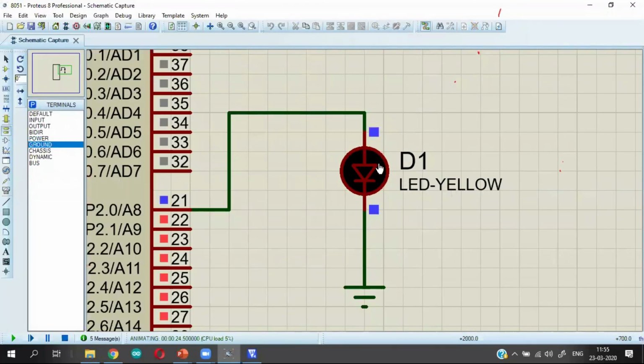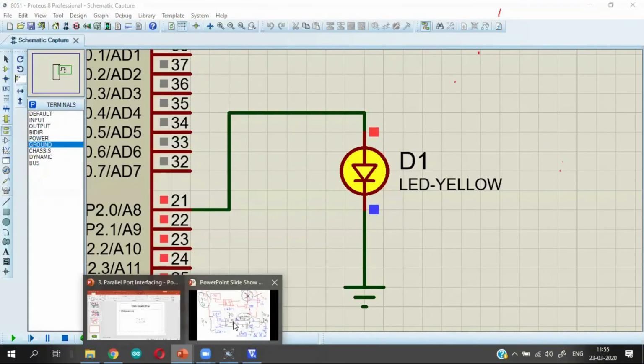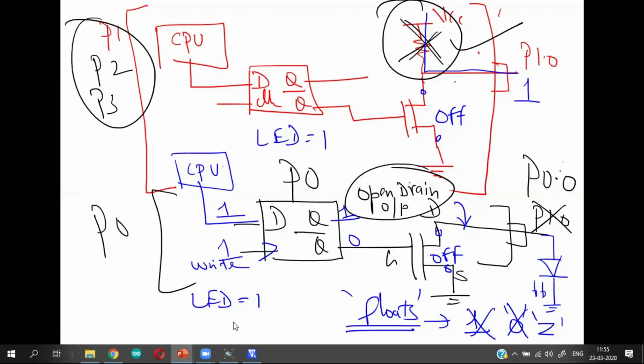Why is that happening to parallel port 2? That is happening because in parallel port 2, whenever you are writing a 1, this internal transistor becomes a 1, this becomes a 0, and the transistor is off.